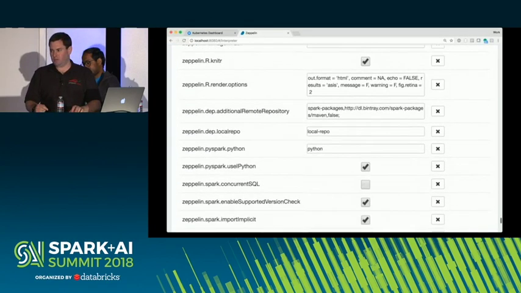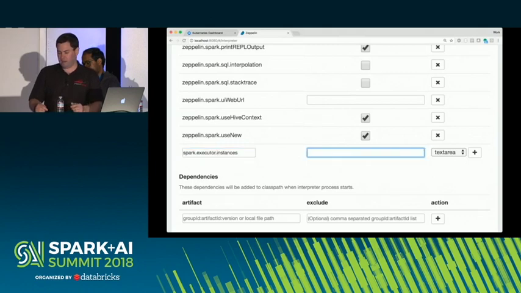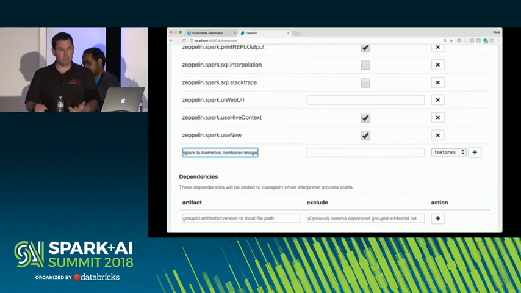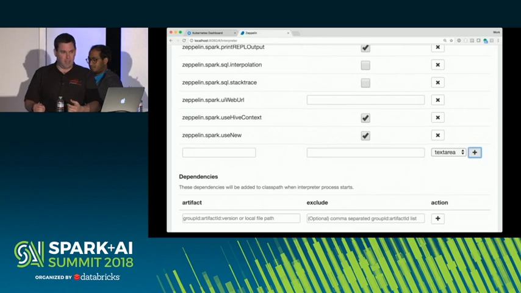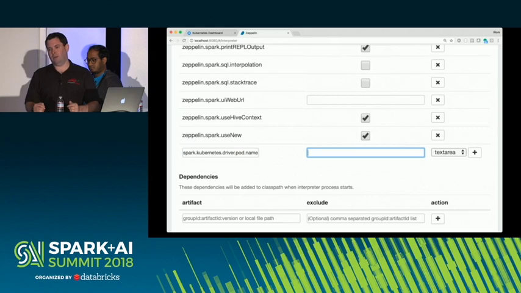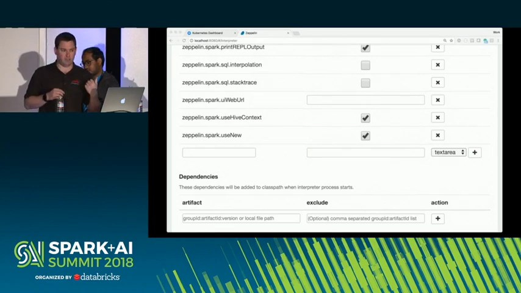The next thing we're going to do is tell this Spark interpreter to use 2 executors. This is standard Spark configuration. The next thing we have to do, of course, after that is say what image we're going to use. And so the image we're going to use is the Spark image that we just built, right? And that's its name and its tag. And then there's a couple other options that we have to set. We have to say what the driver pod name is, so the executors can find the driver.